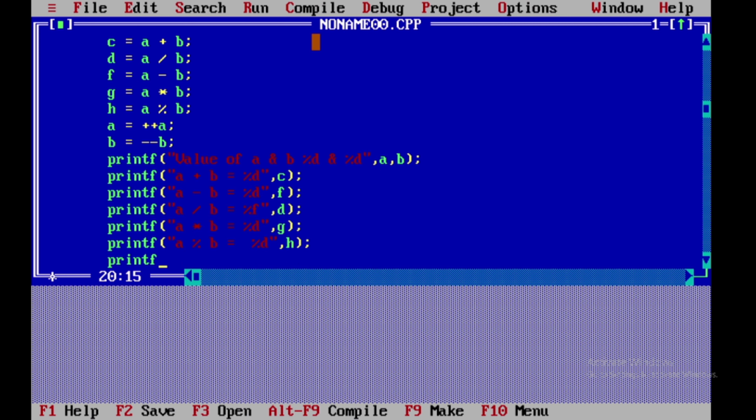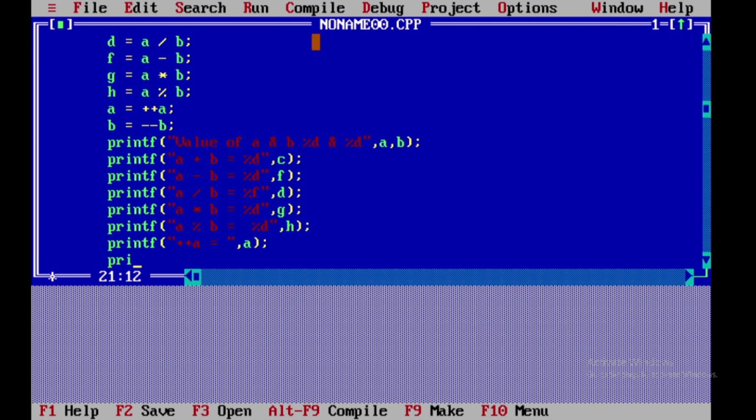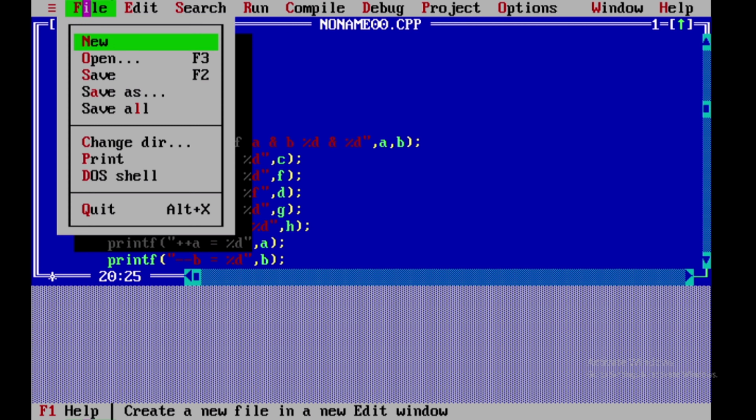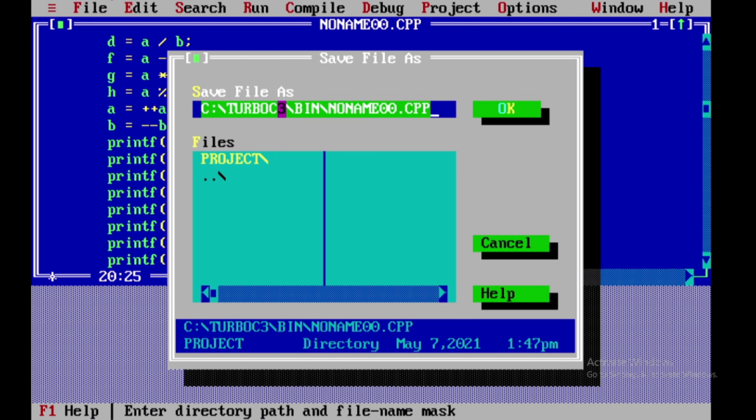Then we again printf the value a plus plus is equal to a, and printf. Then we have another, basically it's a decrement operator. So we are doing it this way, b is equal to, one mistake I have made here, I need to write down here a percentage d. So you guys also need to practice along with me, right?